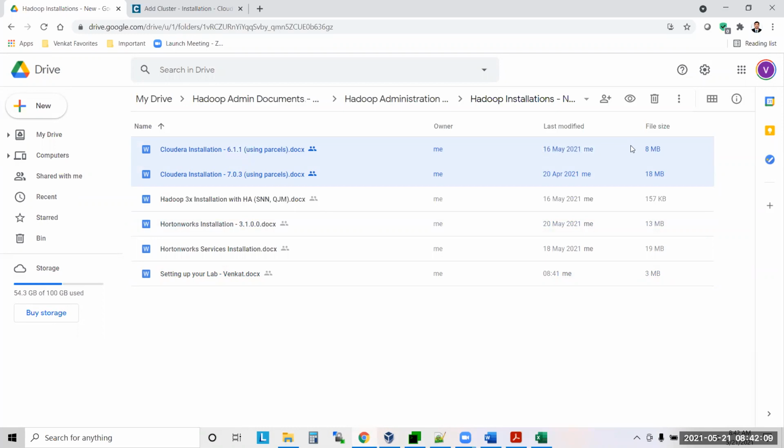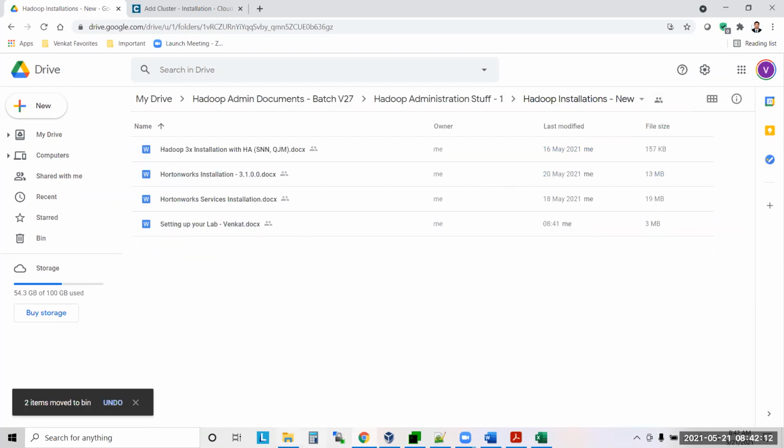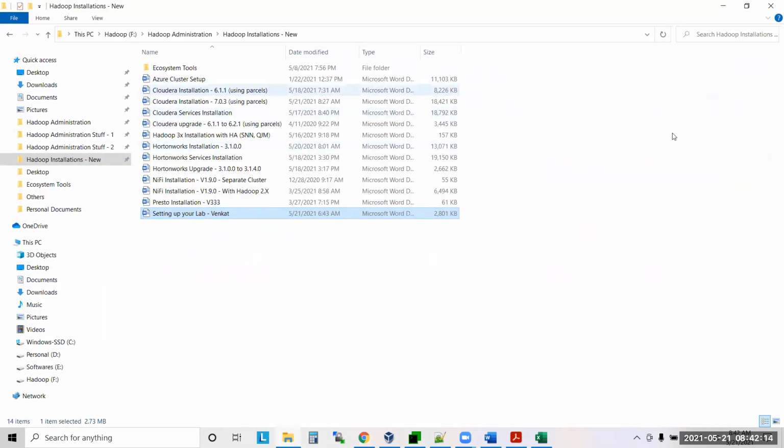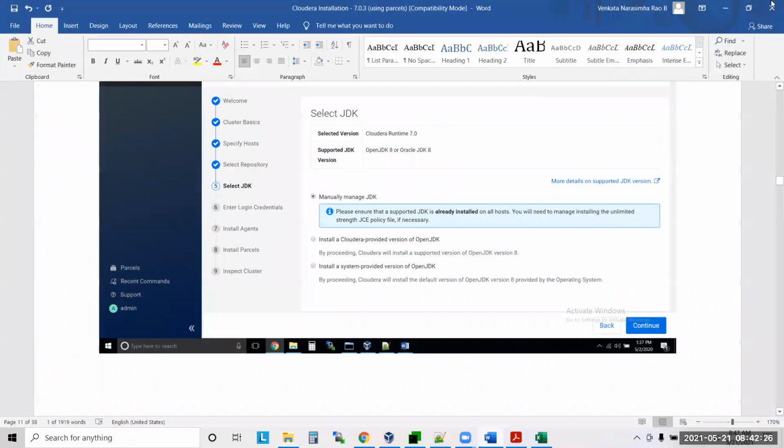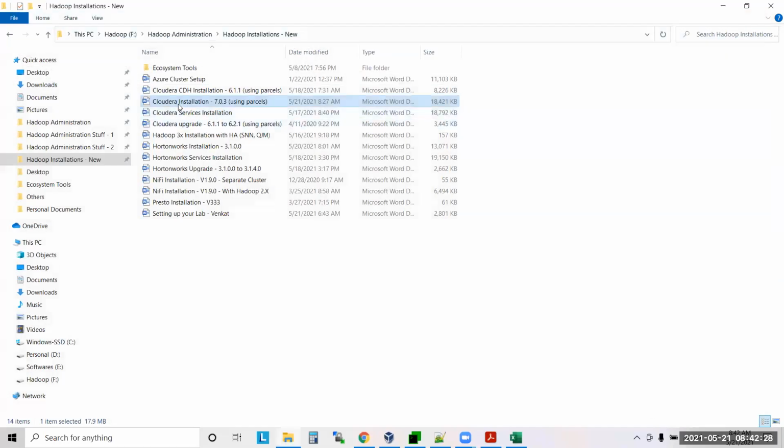Otherwise, what I can do, I will do one thing. Cloudera installation, Cloudera CDH installation, I will say. Cloudera CDP installation. Autonomous CDP installation.